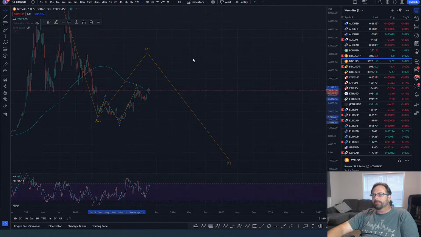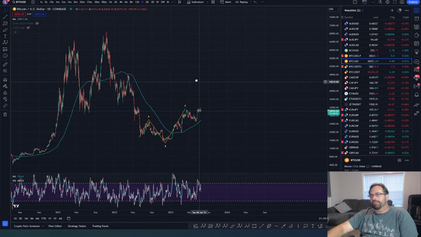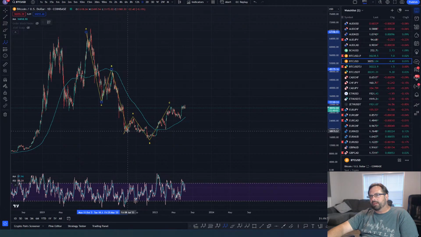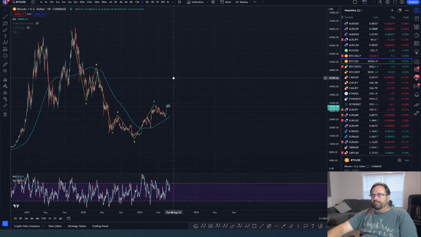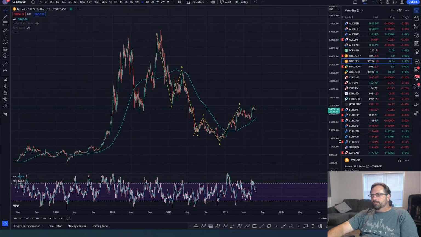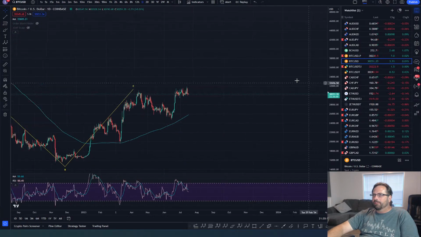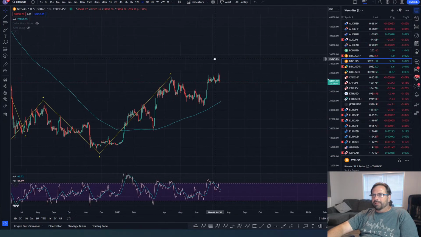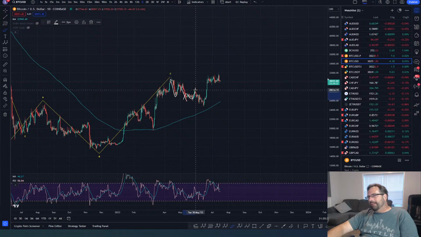Well, let's zoom in just a little bit and say, okay, what else could be happening here? Let's get rid of this WXY here because I don't think that's playing. I do think this is some kind of an ABC right there, and then this is an ABC. Now what's happening? Zooming in on this price structure, the way I look at it from a wave structure standpoint, and it's at least one of the ideas that I operate on, is that this is three waves to the downside. Boom, boom, and boom. There's three. Then you've got a clear flat right there.